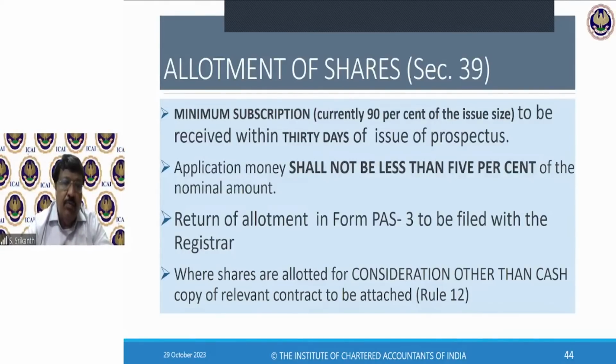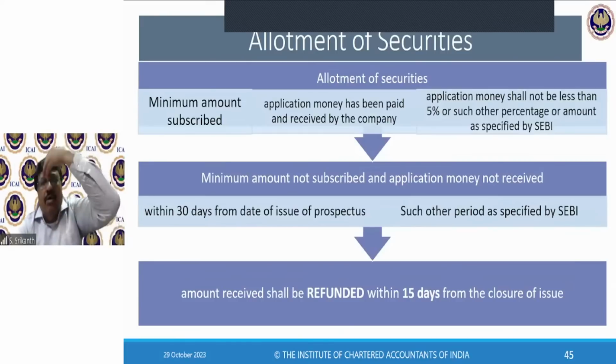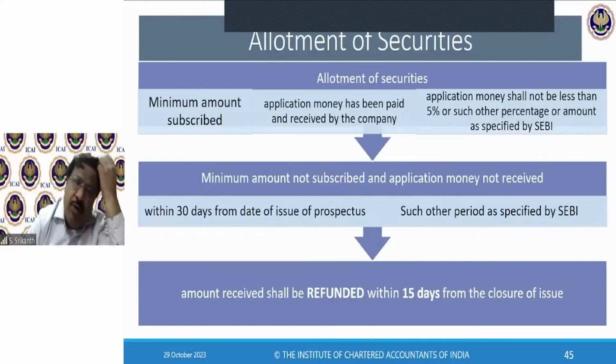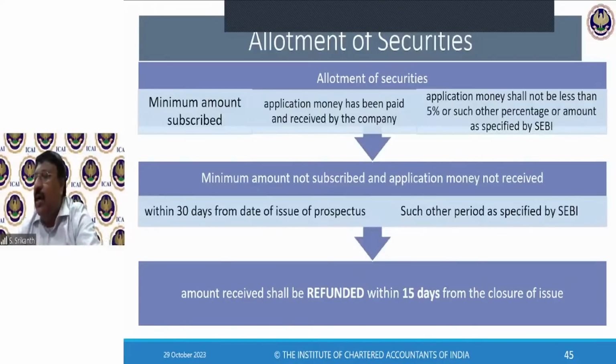Okay. So now, this is just a logical flow, a thought flow diagram. Allotment of securities can be done only if the minimum amount is subscribed and the application money has been paid and received by the company. And application money should not be less than 5% or such other percentage prescribed. If the minimum amount is not subscribed or the application money is not received within 30 days from the date of issue of the prospectus, or such other period as specified, because you can go to SEBI and maybe they give you a little extension, whatever it is,